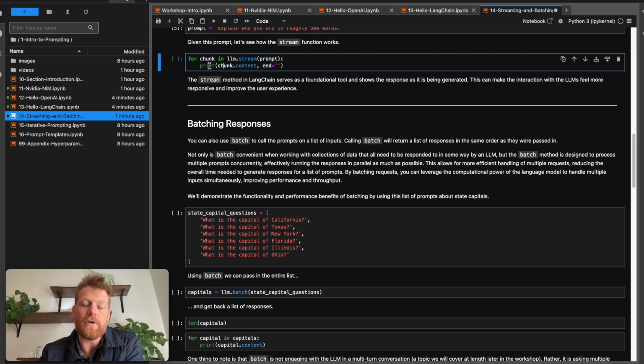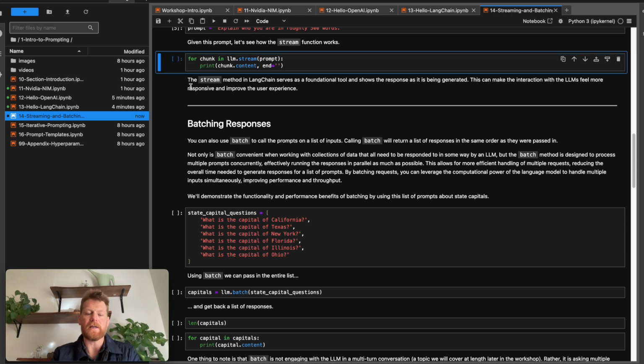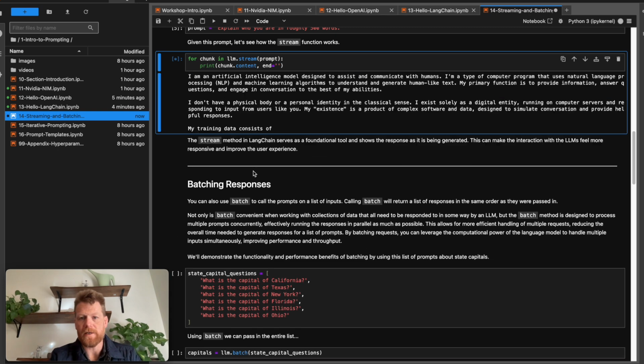And then usually when you use the print function, a new line character is appended to the end of the response by default. But we're going to override that and say that the final character for each chunk should just be an empty string. And in this way, we don't have new line characters in between sentences or parts of sentences, etc. All right, so let's take this for a whirl. And you can see here,